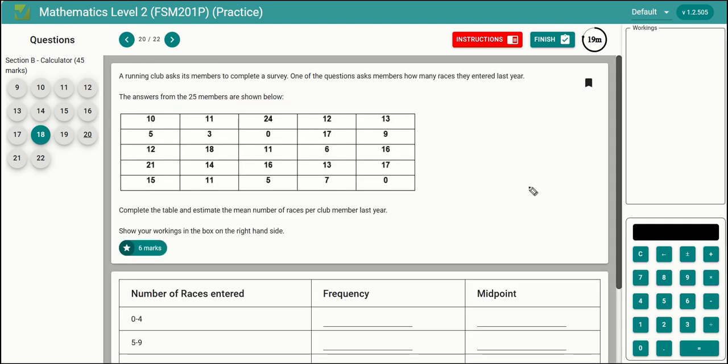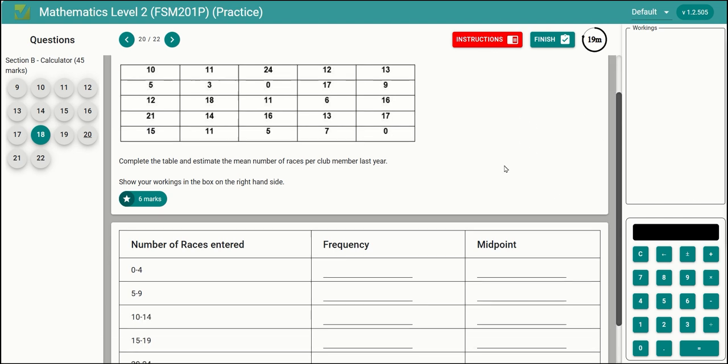Okay, so for this question, what we need to do is calculate an estimated mean number of races, which is a bit of a strange thing to do because we could actually work out the actual mean, just add up all these values and divide by 25. So anyway, the first thing we're going to do is just fill in the grid. So how many were between 0 and 4? Let's just go through and count. So none on the top row. 1, 2,